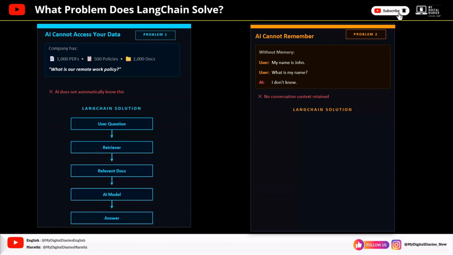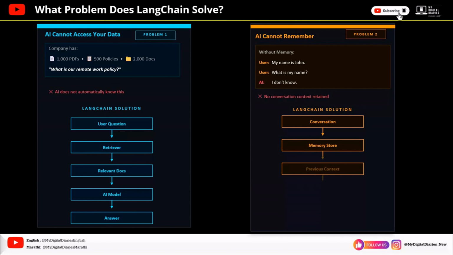LangChain adds a layer called memory. The conversation happens as normal, the user talks and the AI responds. LangChain quietly stores this conversation in a memory store. Think of it like a notebook that keeps track of everything said so far.